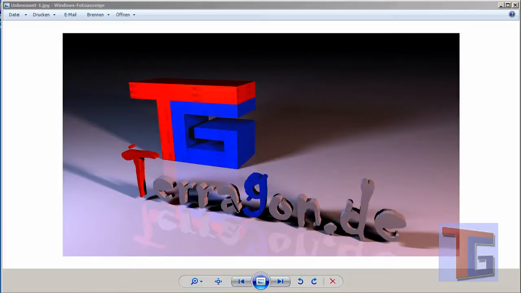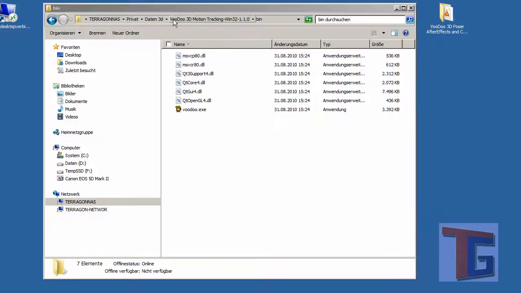Hello and welcome to this Terragon.de tutorial where we want to see how to make a video and insert a 3D object, like a poser object for example, and we will combine that all in Cinema 4D and we will export to After Effects and have a look how it looks like in the end. And the most important part in this tutorial is the VooDoo 3D motion tracking that can be downloaded for free,